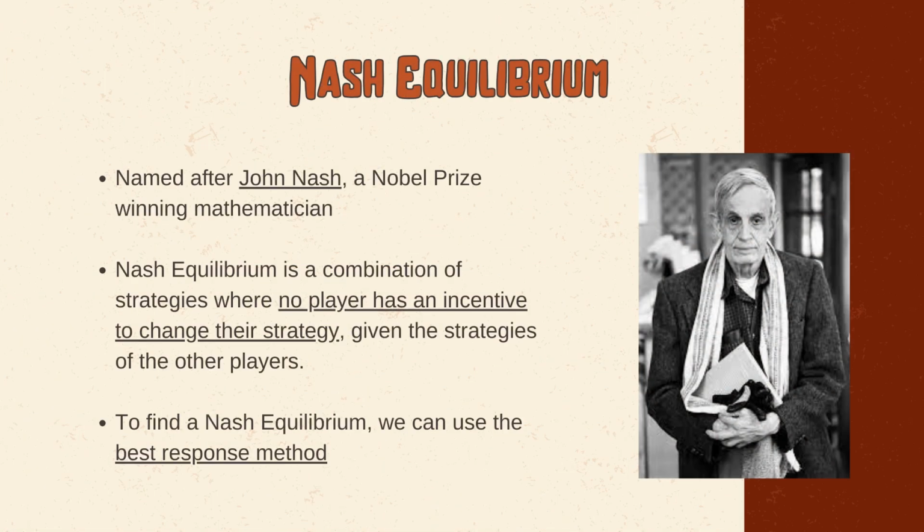Nash equilibrium is named after John Nash, a Nobel Prize-winning mathematician. A Nash equilibrium is a combination of strategies where no player has an incentive to change their strategy, given the strategies of the other players. To find a Nash equilibrium, we can use the best response method, which involves finding the maximal payoff for each player to every possible strategy of the other players, and then looking for the strategy profile that consists of mutual